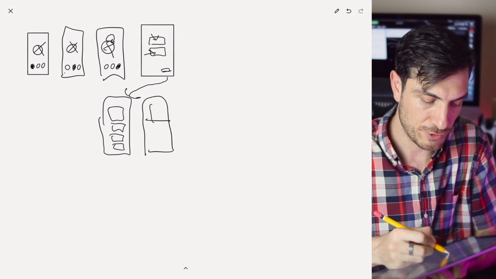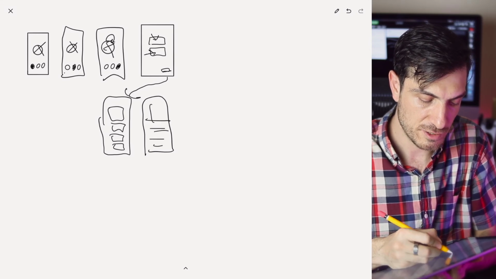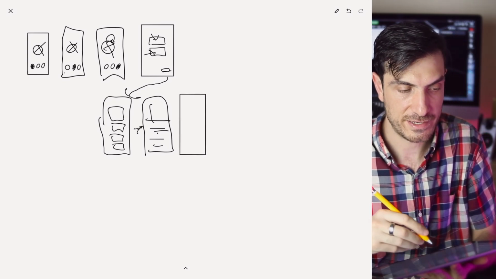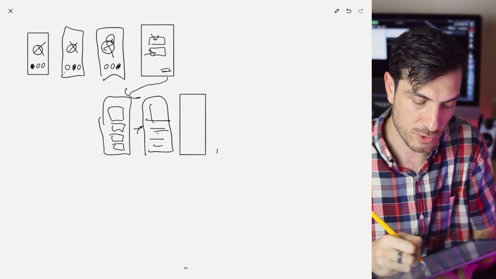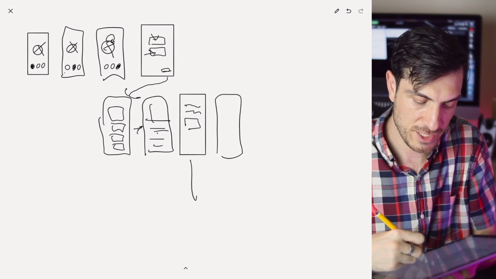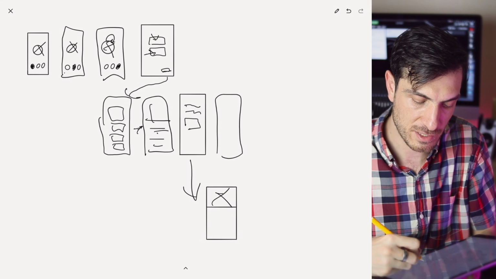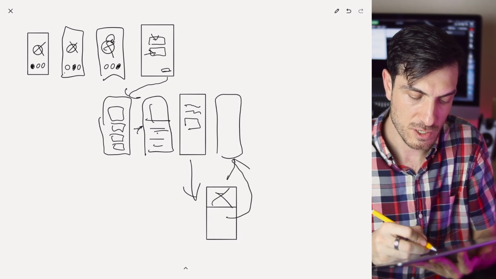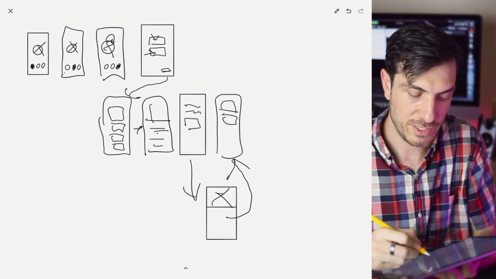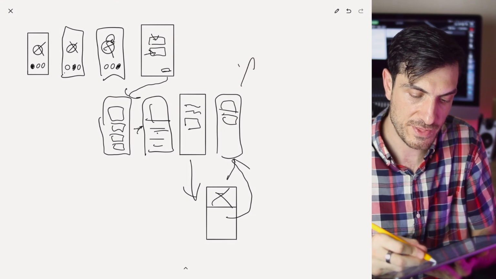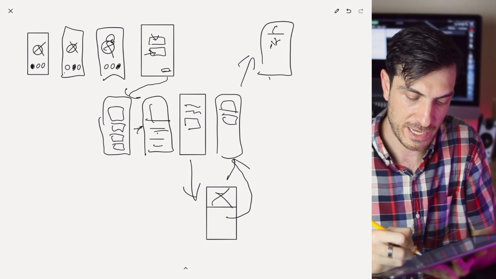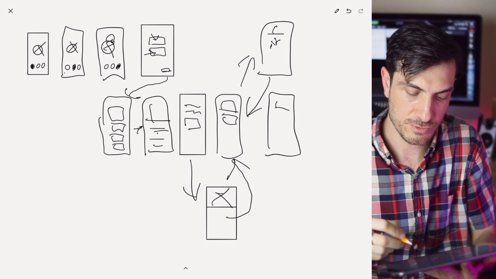upload an image, upload their profile image, enter their password or create a password, and then from there might be something like two-factor authentication. So we would show those screens. There might be some copy information, and then we'd have to take them to their email. Then we'll have to open their email, and then from their email we'll take them back to the flow again. And now they've confirmed that that's their email. Maybe they would enter their phone number, and then in their phone they'll get some code, and then they enter that code, and it brings them back to the flow,